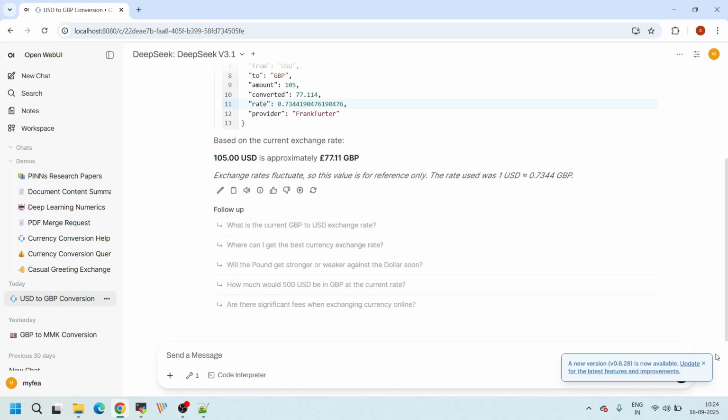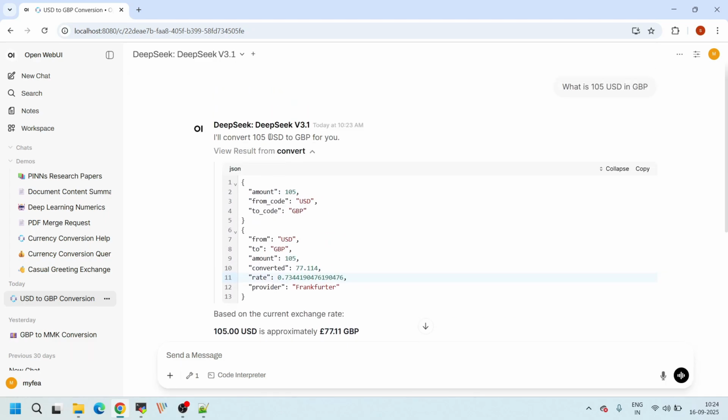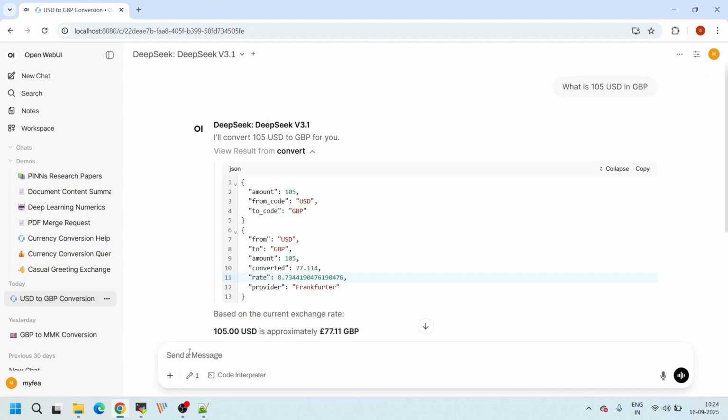And another best advantage of this is we can ask some natural questions. For example, if you do not remember a particular country's currency name, for example, I do not remember the currency name of Netherlands. In such a case, you can just ask: what is 10 US dollars in Brazil currency and also in Netherlands currency? Let's see